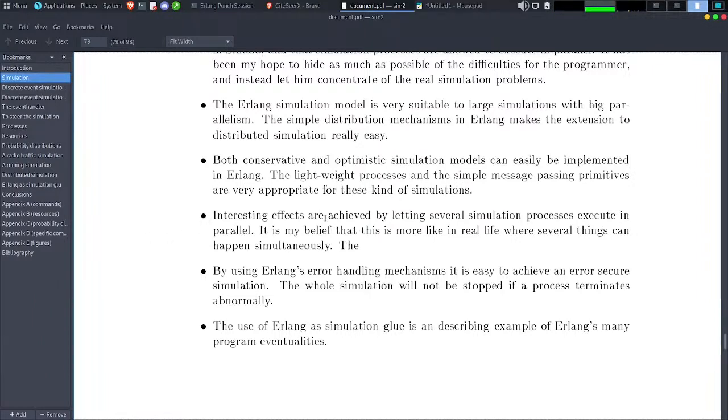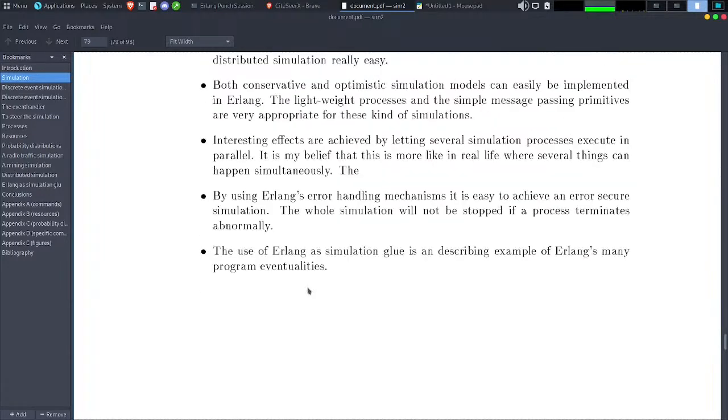Interesting effects are achieved by letting several simulation processes execute in parallel. It is my belief that this is more like real life, where several things can happen simultaneously. By using Erlang's error handling mechanism, it is easy to achieve an error-secure simulation. The whole simulation will not be stopped if a process terminates abnormally. The use of Erlang as simulation glue is an